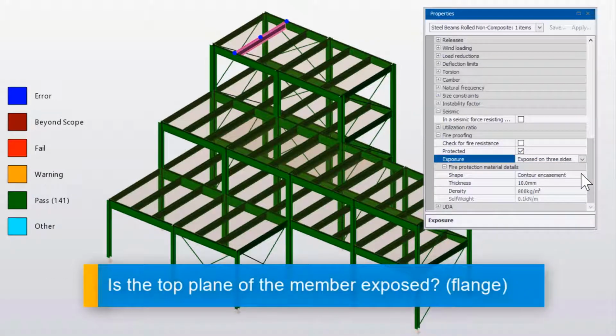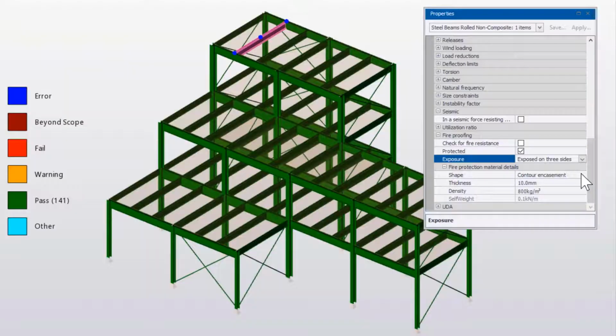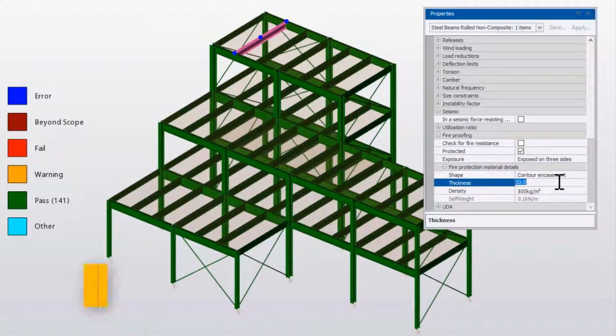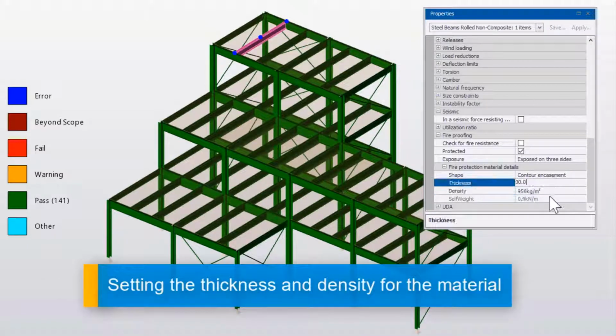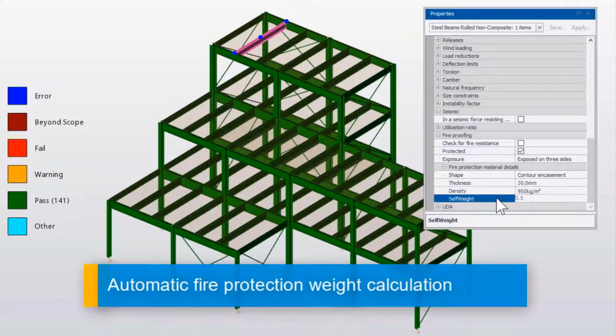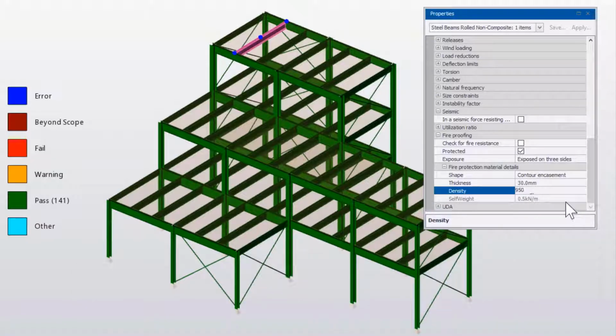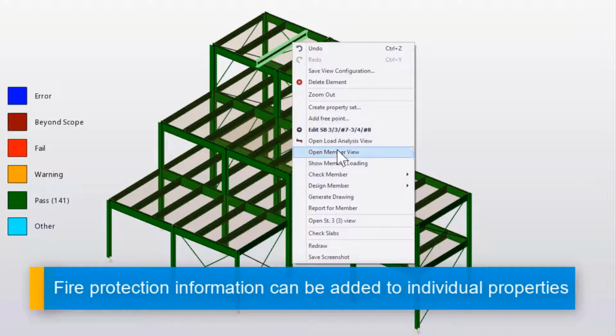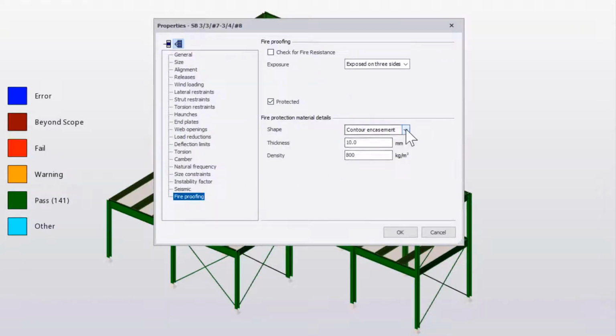Is the top plane of the flange exposed? Set the fire protection shape, of contour or encased. Then specify the fire protection material properties, thickness, density. Automatically, the fire protection weight is calculated per unit length and displayed, and these options can also be added via